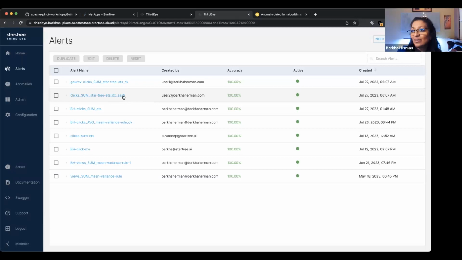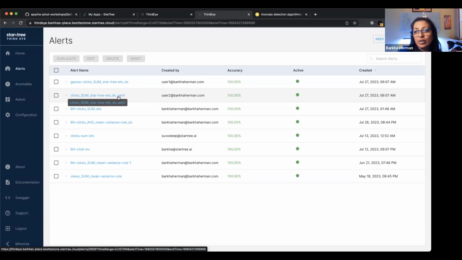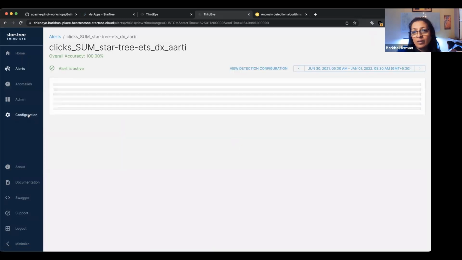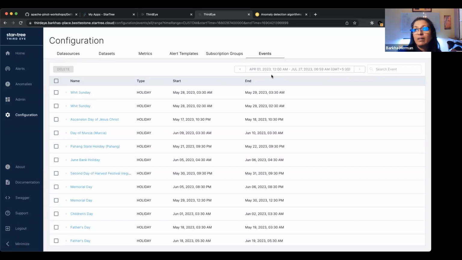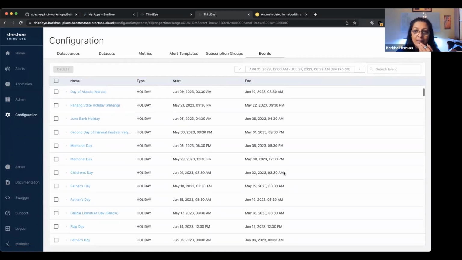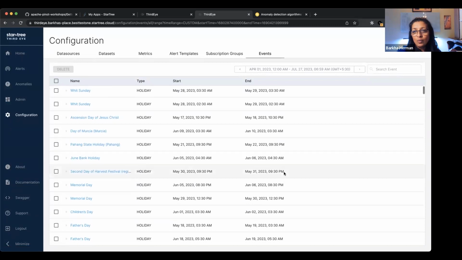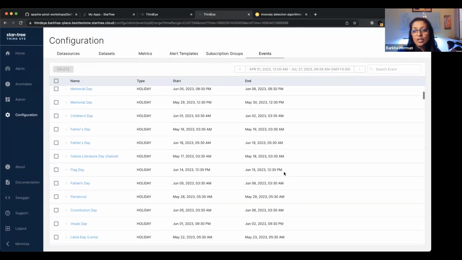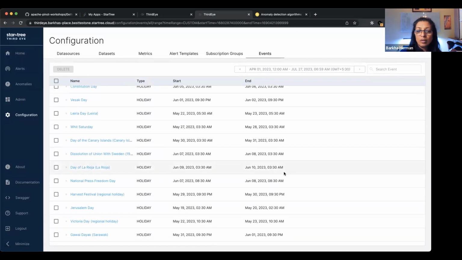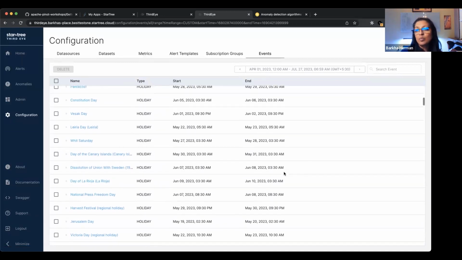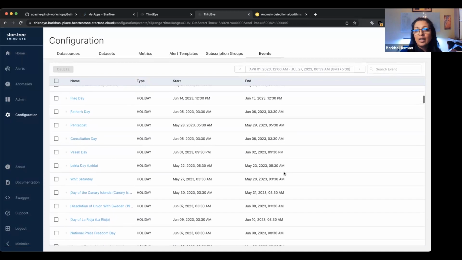All right, so let's create some events. So what is an event? If you go to configuration, Aarti, and go to events, you'll see that what we've done is we've already created events in the system. And the idea here is that these are all known holidays, and the holidays could mean, let's say that you're monitoring office computer use or something like that. If people